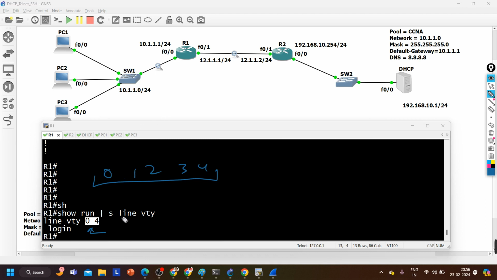Now if you want to configure the router in such a way that only one guy can access your router, then which line interface will you configure? Line VTY 0 only, right? In this situation, only one user can access R1 through telnet. But in this scenario, which is the default,